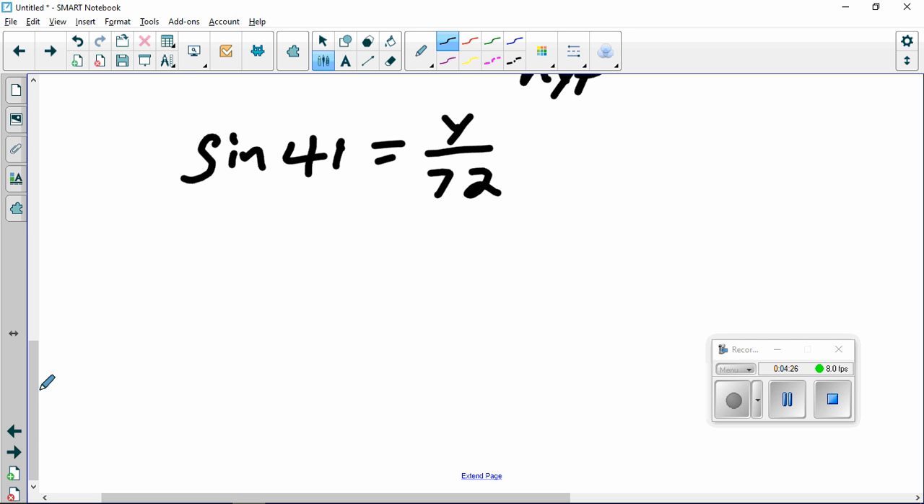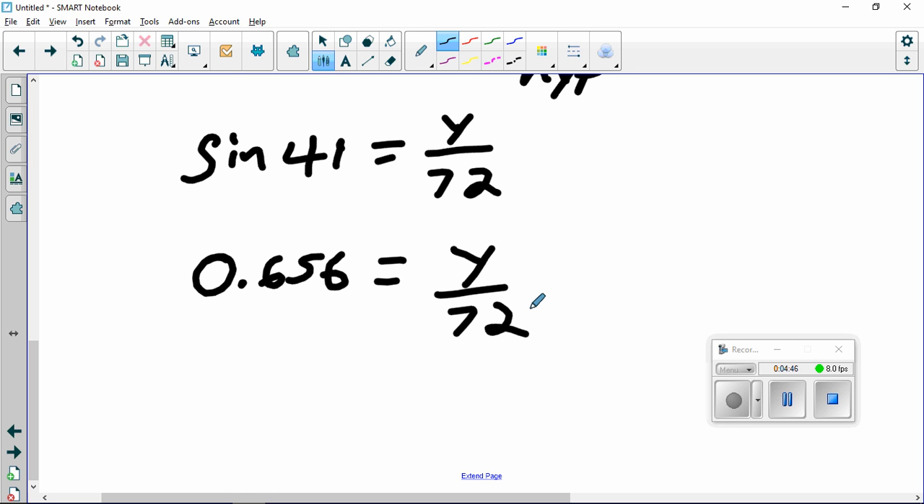Okay, what we need to do now is determine the sine of 41. You can use a trig table, or in this case I'm using my calculator. And the sine of 41 degrees is 0.656. So 0.656 is the sine of 41 degrees, and that's equal to y divided by 72. Now, if y is being divided by 72, the way I can isolate y, the way I can get it by itself, is to multiply both sides of this equation by 72. So if I multiply 72 on both sides,